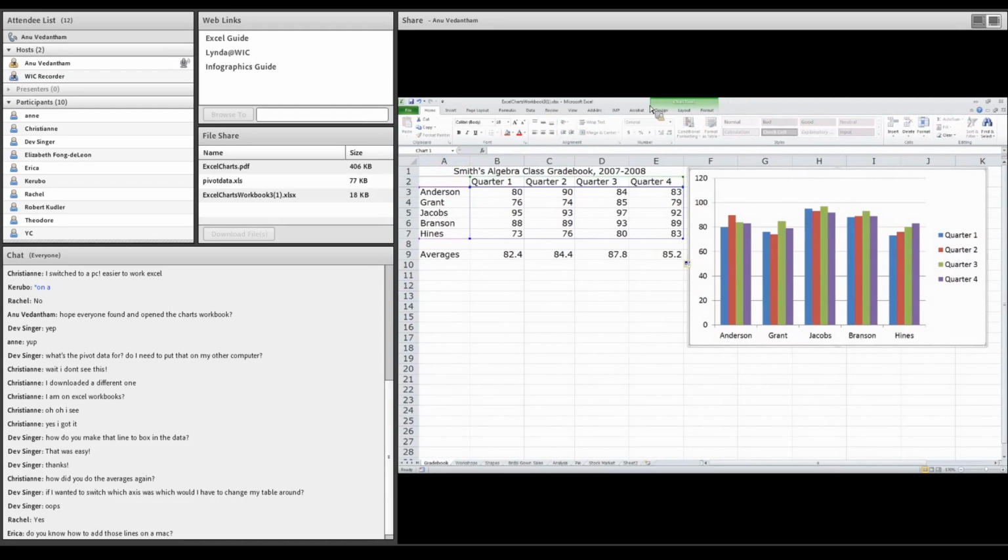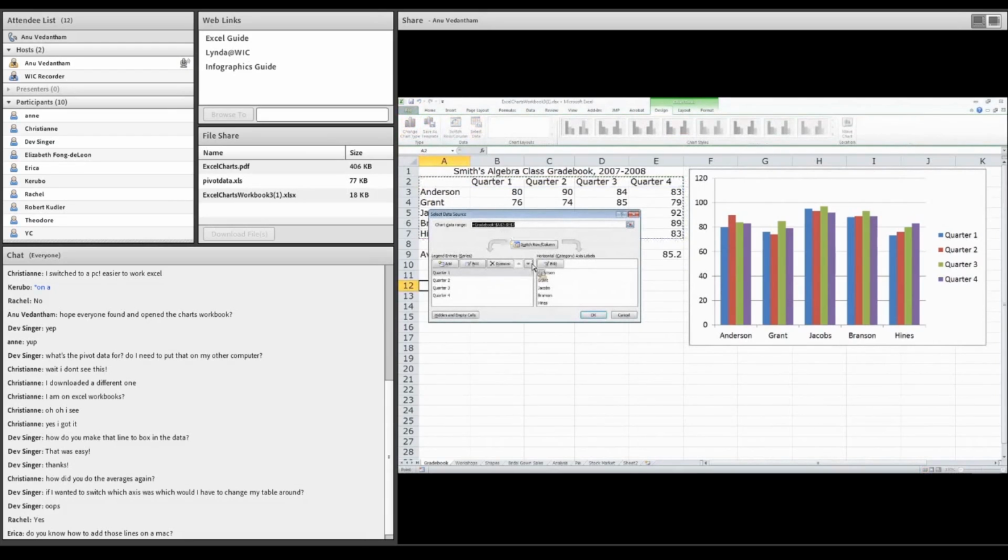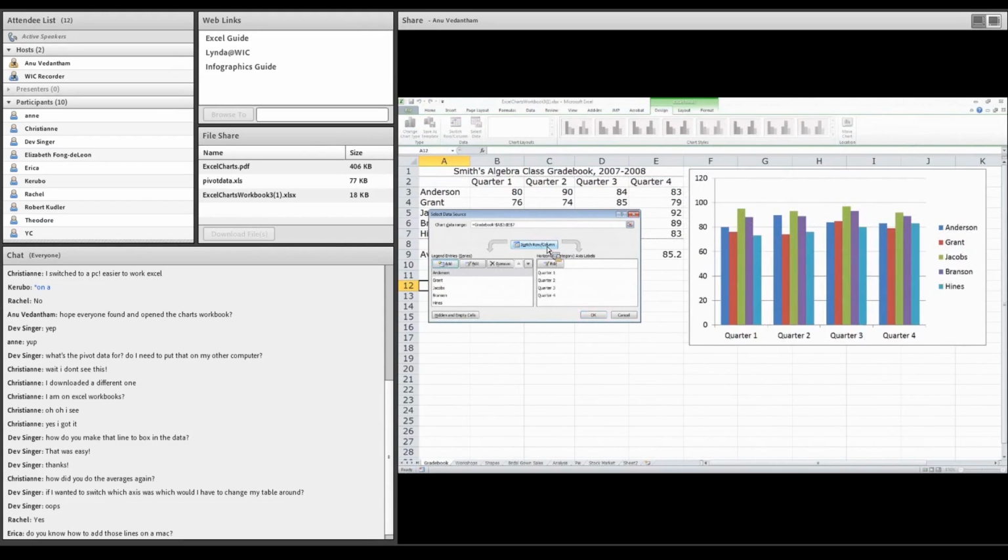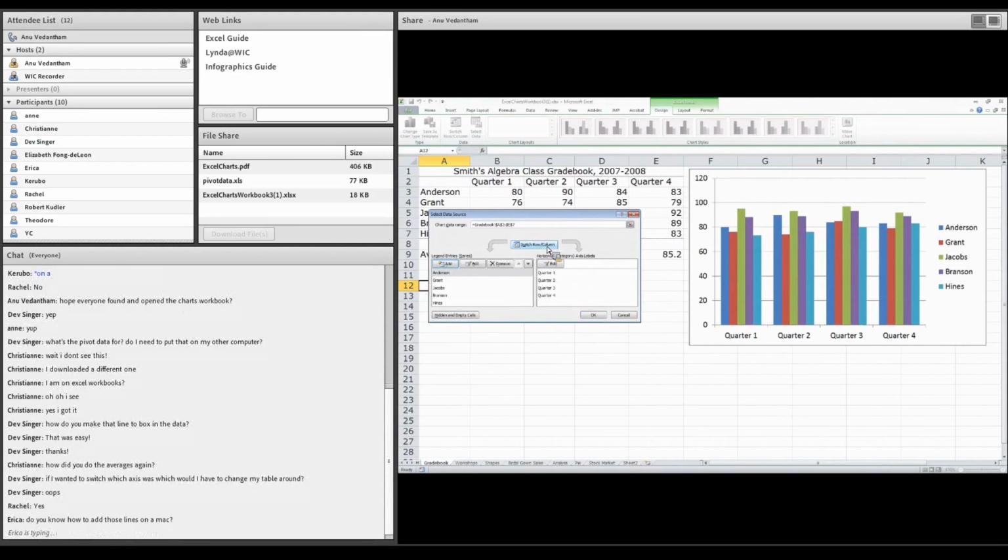and that gives me several new menu items at the top. There's Design, Layout, and Format. Under Design are the details for how I can change the type of chart I have, and Select Data is where I can see my rows and my columns. If you do switch row and column, it will basically realign the data for you so that now instead of looking at people across time,